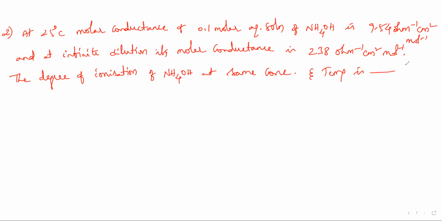We have to find out degree of ionization or degree of dissociation, right? So degree of dissociation or ionization is represented by alpha. So alpha is equal to